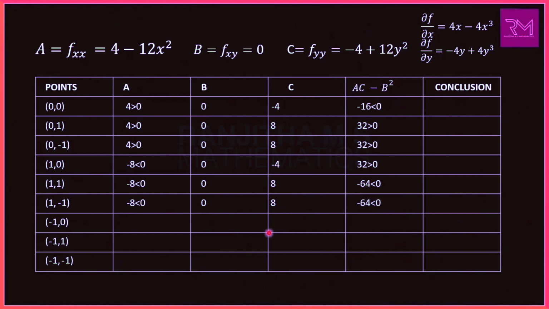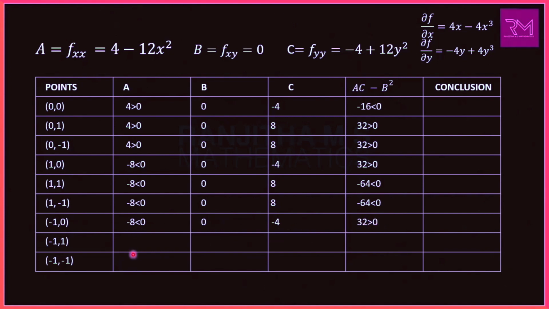which is less than 0. Here we have to put x is minus 1, y is 0, hence we get minus 1 whole square, hence we get 4 minus 12 is minus 8, which is less than 0. Here B is 0. If you put y value as 0, C we get as minus 4 plus 0, hence we get C is minus 4. AC minus B square is, here A is minus 8 into minus 4 is plus 32,